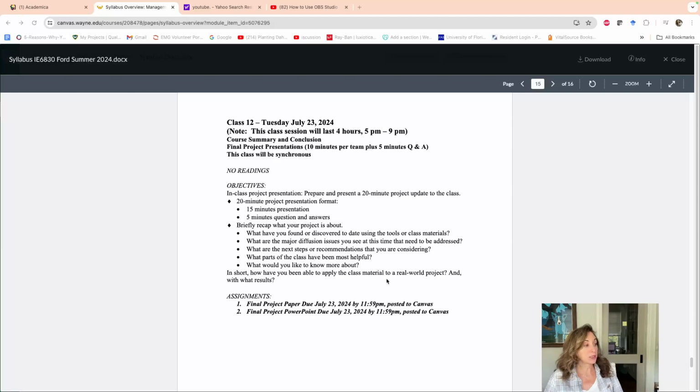Okay, so in the syllabus, the paper is 8 to 10 pages long. It might be in the syllabus as 15 to 20 pages, but I've cut it down because I'm having you write this other paper. I also don't think that a paper is particularly helpful for you in business. The project, which I'm going to talk about in a second, is something that's taking place in your own business and that ideally you would be able to present to your management team. They're not going to read a 20-page paper, but they will sit through a presentation.